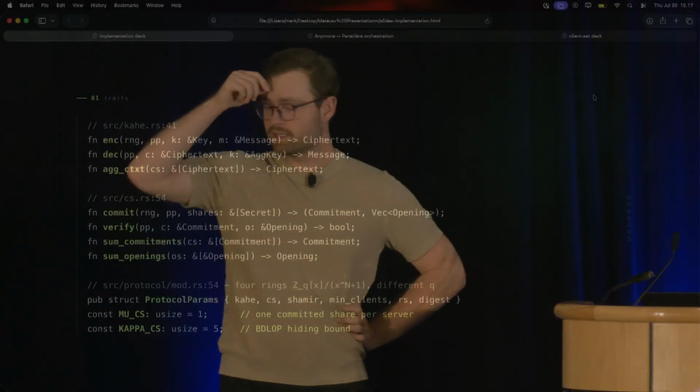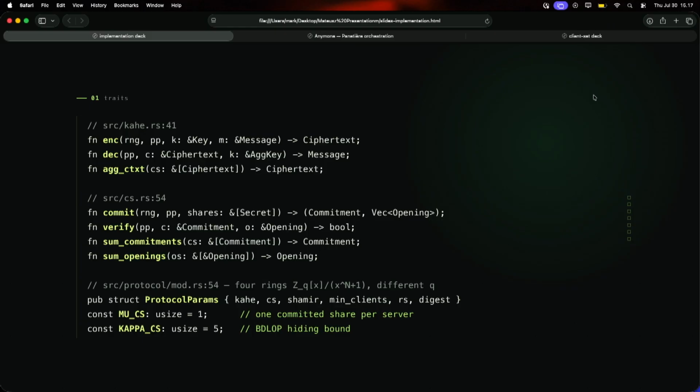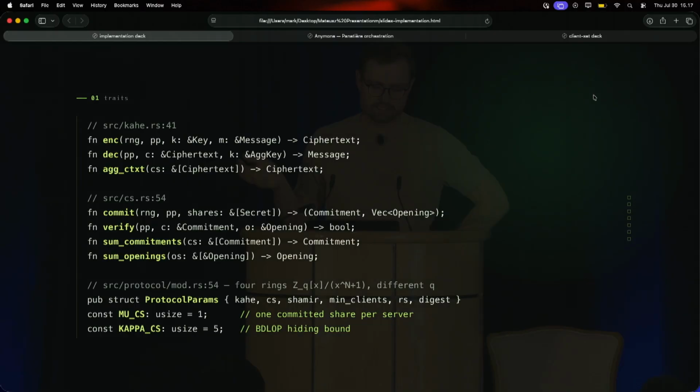All right, so we've implemented this. The repo is not open source quite yet. It will be probably tomorrow. I'm just here to show you that it's quite simple, as you would expect. These are the primitives that you can use to build a protocol using this anonymous broadcast channel. Just some specific signatures for what you can use to build your stuff. Basically, all that Mark was saying is here.